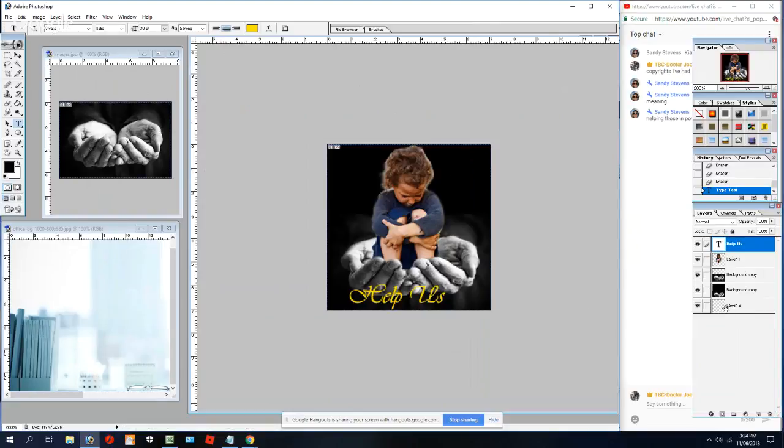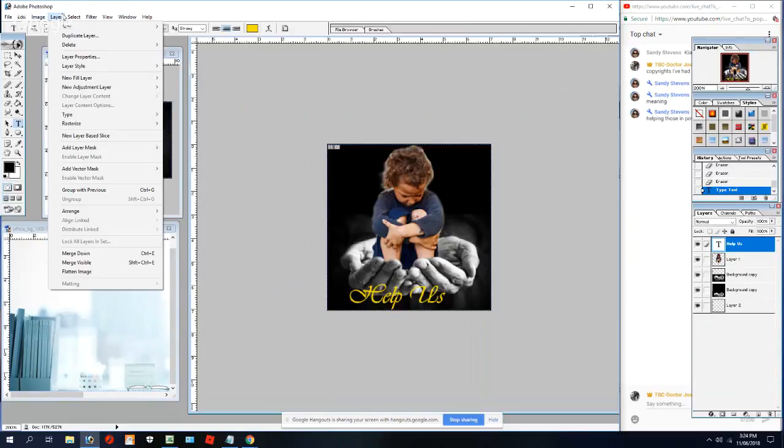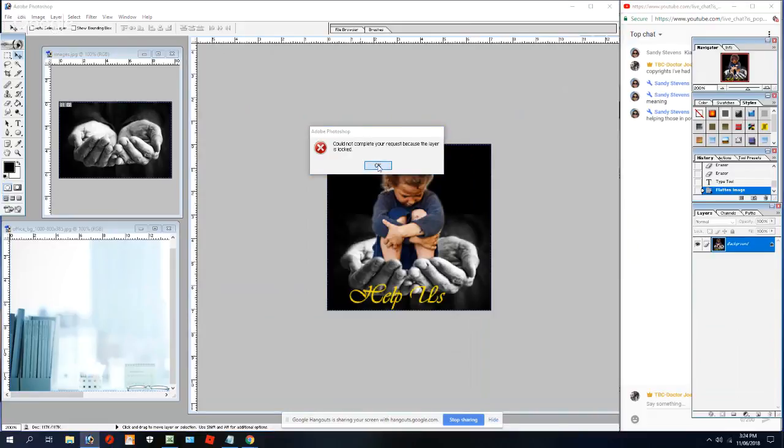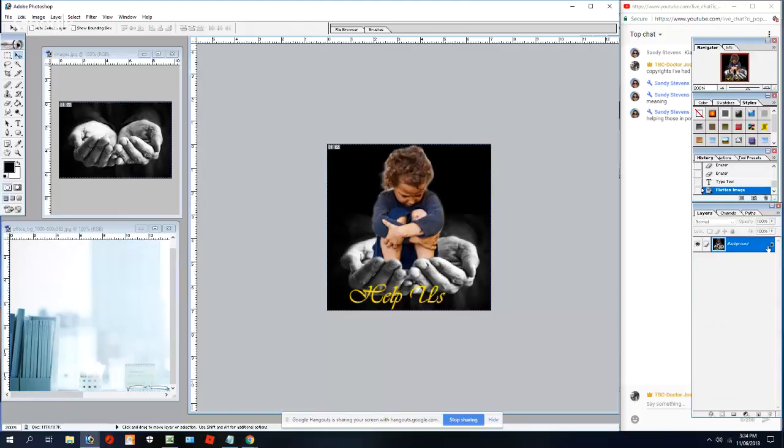Okay, folks. Well, that's all that I'm going to do on Photoshop today. You can flatten this piece down that's over here on the right hand side as well by just going to Layer, and then coming down to Flatten Image. And when you do that, that's what happens. Now this can't be separated. It just stays as one, and it locks as well, so it can't be broken up. Anyway, folks, good luck with that one, and have fun with Photoshop.